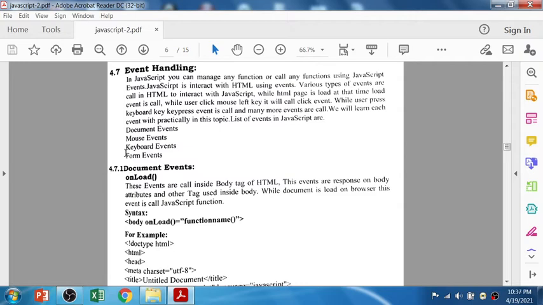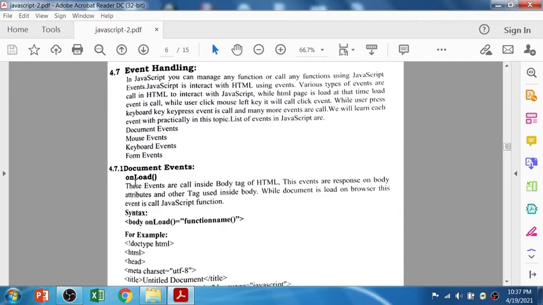Let's see the document event. In the document event, the first event is called onload. This event occurs when the web page loads in the web browser. That means when you run your web page, the browser takes time to load your web page on the browser screen.